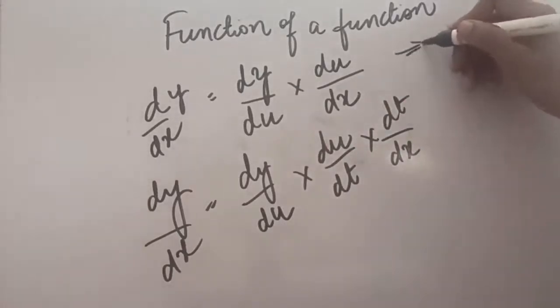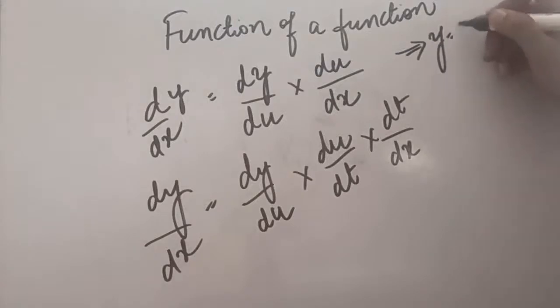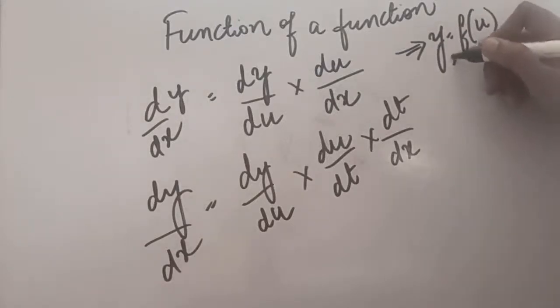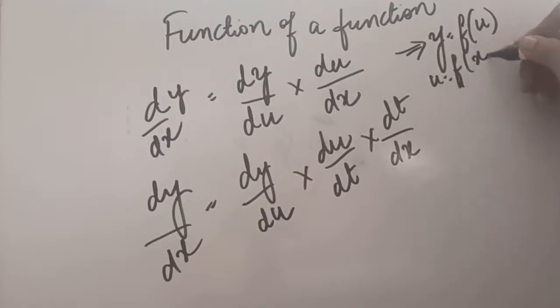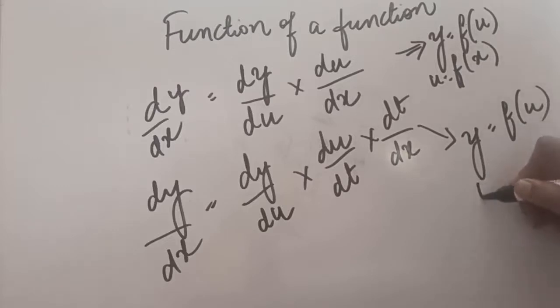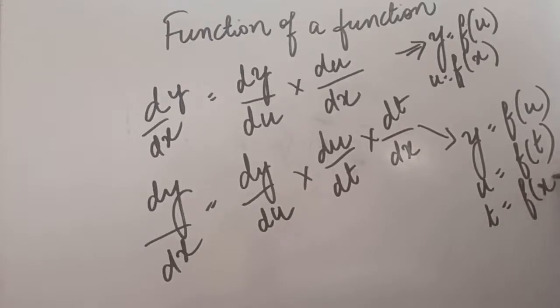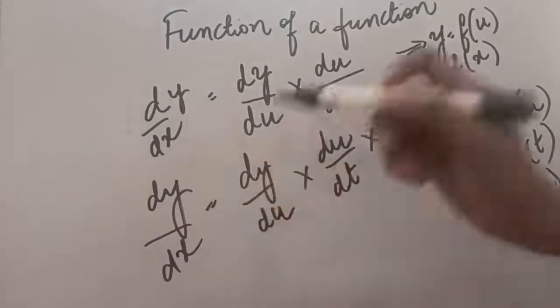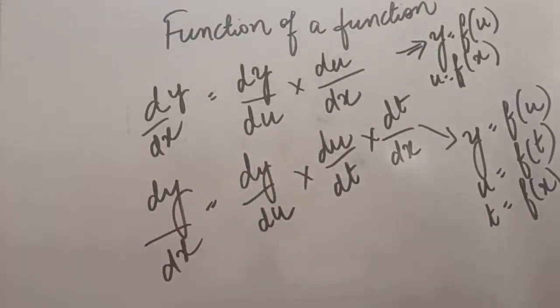So this is applicable when, for example, we said y is a function of u and further we can say u is a function of x. And here we can say first y is a function of u, then u is a function of t and further t is a function of x. So here we just create the chain and ultimately we are reaching the same conclusion, that is dy upon dx. Why we apply the chain rule is that it eases our calculation. In case of typical questions, you will see with the help of this chain rule, we will be able to solve the questions very easily.